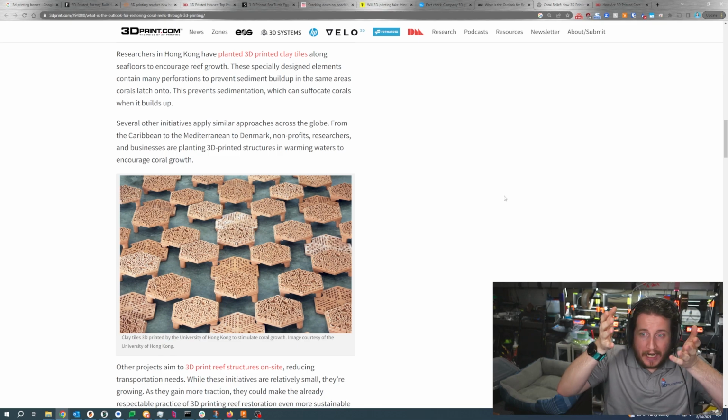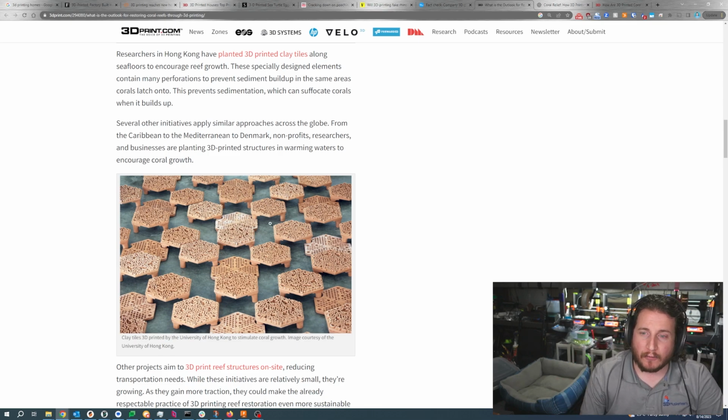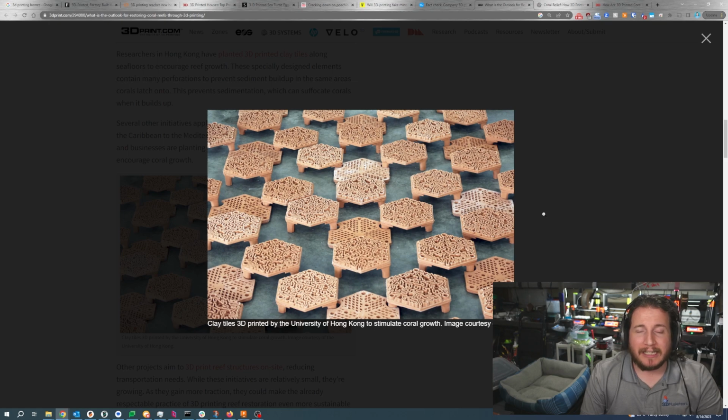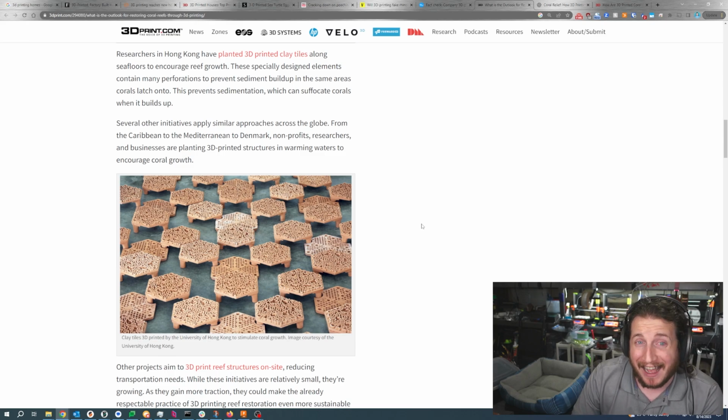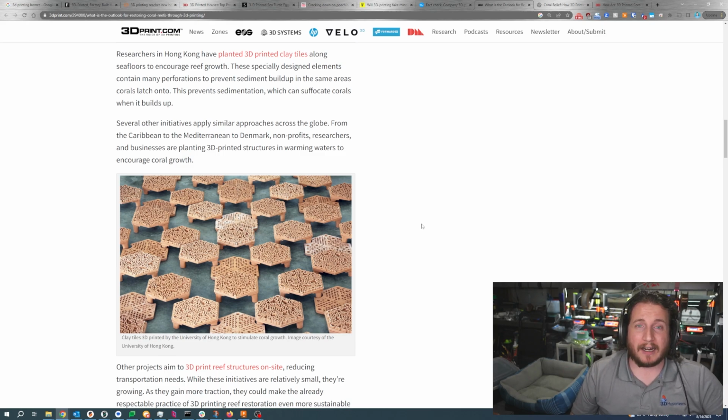And sure, there is nothing in this photo right here that could not be traditionally manufactured. You could traditionally manufacture that. That's not even that difficult. Why? When 3D printing is so much more efficient, and to get that level of detail on a terracotta pot or a piece of terracotta would be very complicated, and the mold would require such ridiculous amounts of draft angle, that is, the